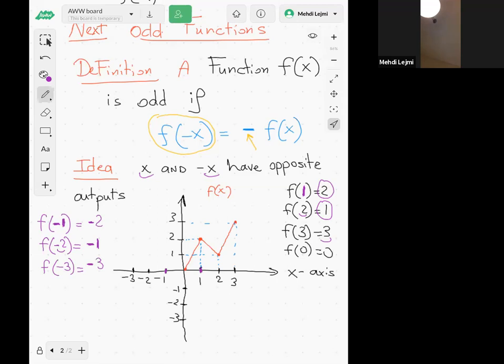All right, etc. So let me just plot these points. So f of -1, we are saying it's -2. F of -2 is -1, and f of -3 is -3 here. Okay, so let me just connect these points. Well, here actually there's a symmetry, and the symmetry is about